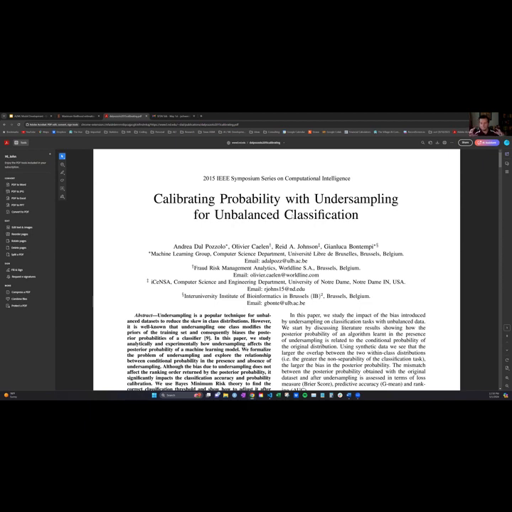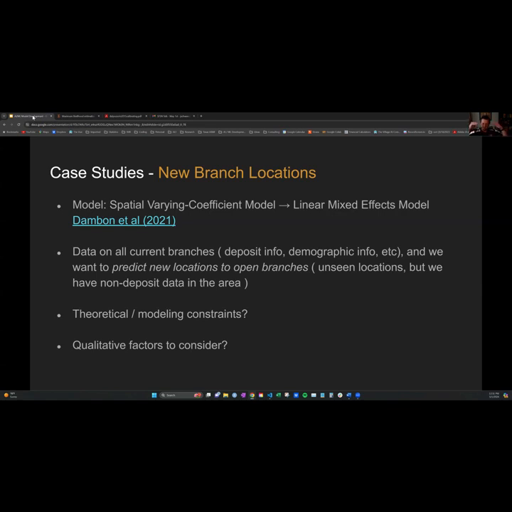So this might be a totally different approach for, say, a startup company that doesn't have that much data. But from the Wells Fargo lens, even if it's a very small percentage relative to the majority class, we can use this Pozzolo method, this undersampling method, to bring the distributions down to a more manageable level so that we can use these tried and true methods.